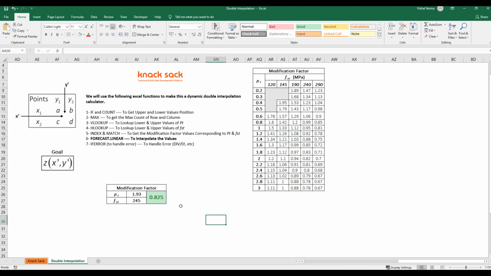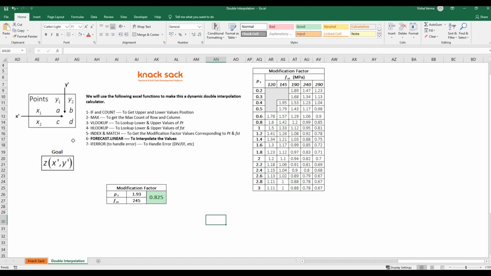So let's take a look at what double interpolation is. Double interpolation means interpolating any values twice in both directions, that is, in the horizontal direction and the vertical direction. We have given data points A, B, C and D, which are at x1 y1, x1 y2, x2 y1 and x2 y2.